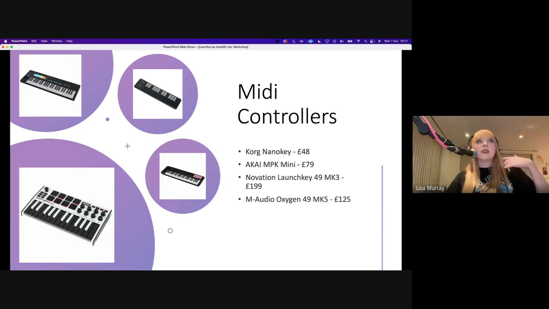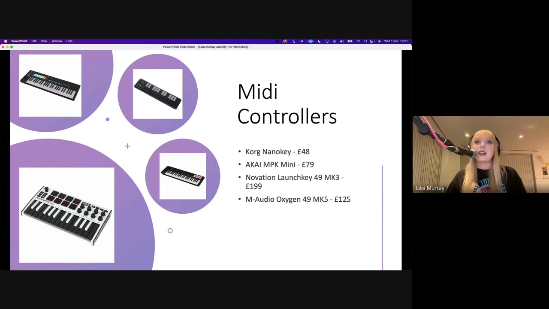Novation have a great set of MIDI controllers and MIDI keyboards. They really nicely integrate with Ableton. So if you are thinking of going into the Ableton world, Novation and Ableton talk to each other really, really effectively, to the point where the pads will light up the same colors as your tracks in Ableton, so you know what you're looking at and that kind of thing.